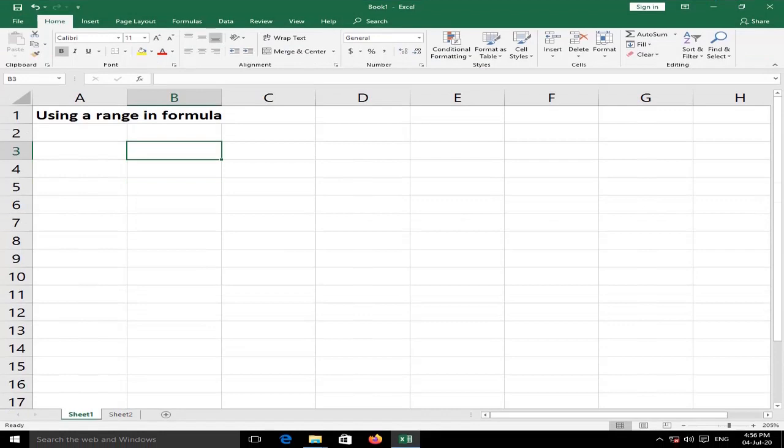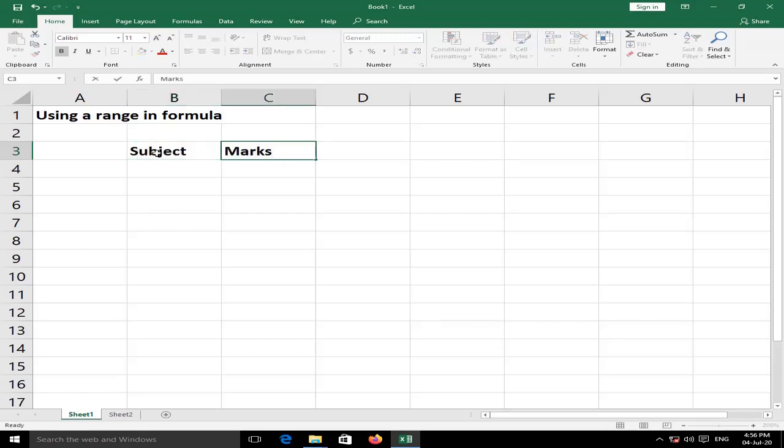So next is using a range in a formula. Now look at the example here. So this is the subject and here it is the marks.